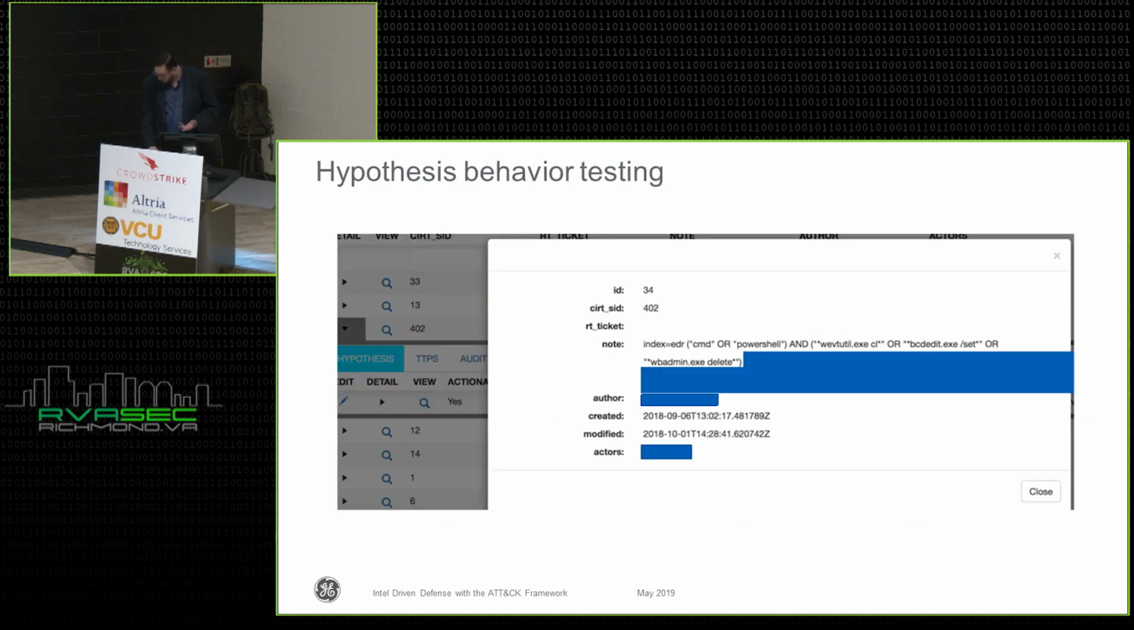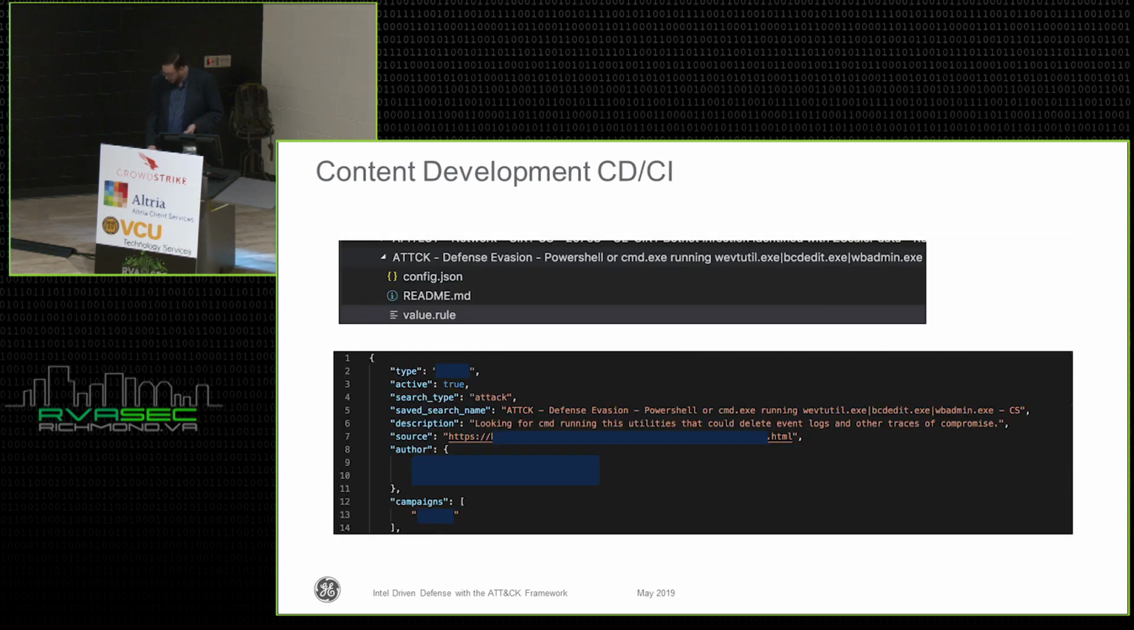So in doing so, this search is looking for instances of the command line or PowerShell being run using those processes. And depending on the results that are returned, it may be necessary to tune the search if there's, for example, too many false positives. So when the hypothesis testing phase is done, we go ahead and save that signature into Tiamat, and it's deployed